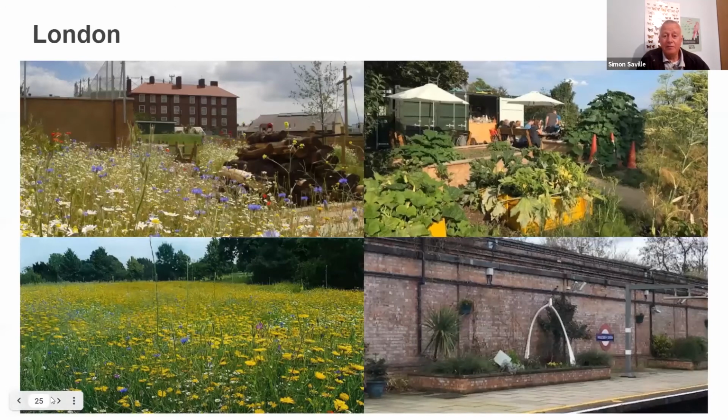But London is different to the countryside. You can see these are typical London views of where wildlife might live: grassy wildflower areas in parks and scrubby areas, allotments, parks managed for wildlife, like on the left-hand side at the bottom, that's Burgess Park a couple of years ago, I think. I don't think it was last year. And then even railway stations with small areas. So you've got a huge amount of diversity in terms of the